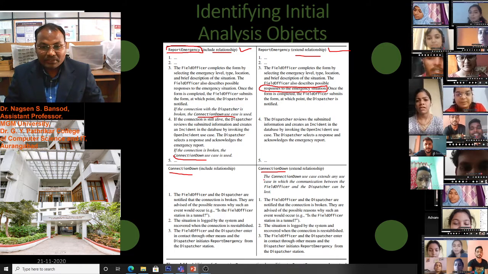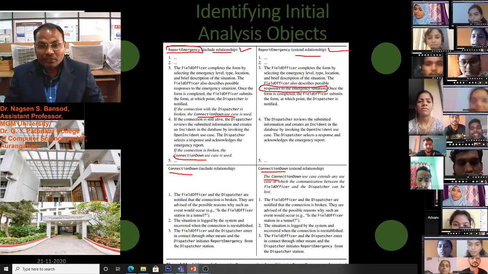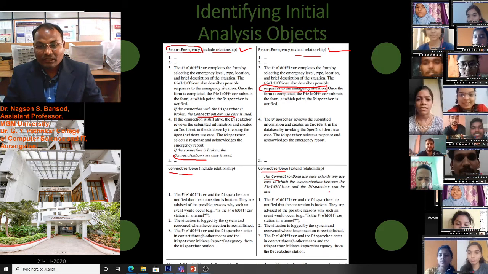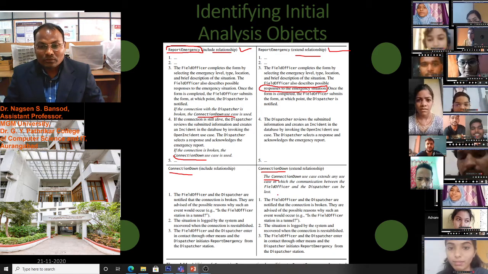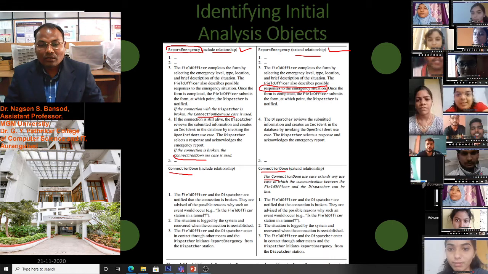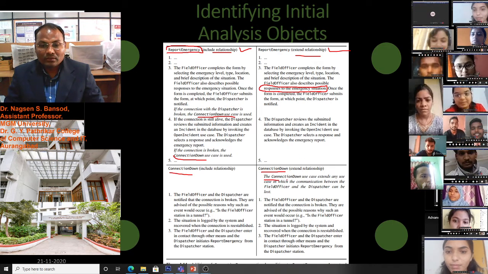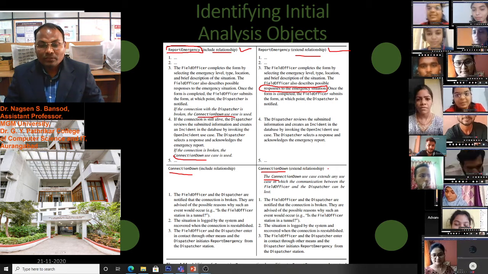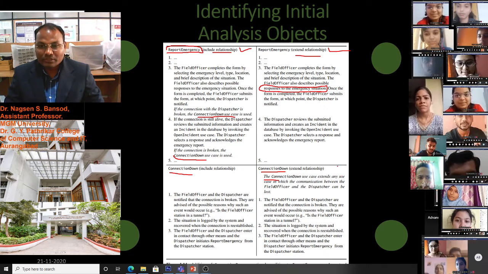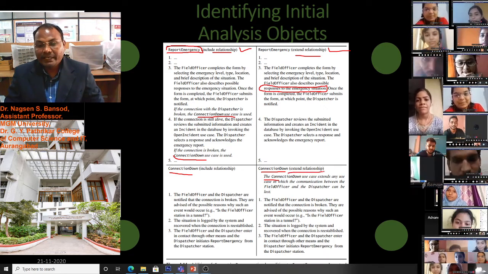Here is the difference. The connection down use case extends any use case in which the communication between the field officer and the dispatcher can be lost. To make the communication between the field officer and dispatcher, if we use another type of use case, any other use case, then that use case will be the extend use case.